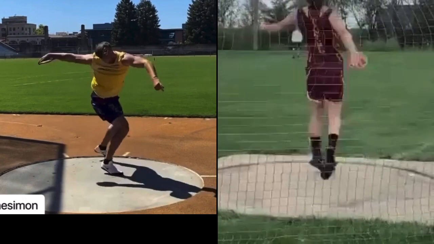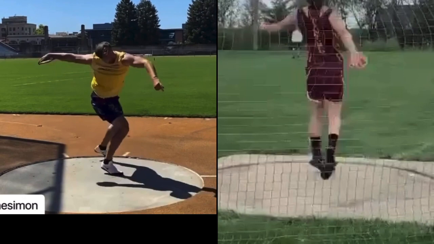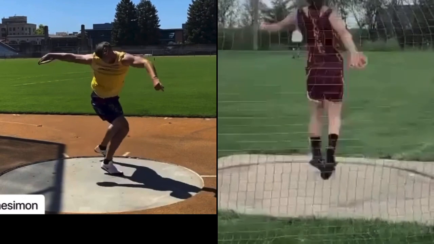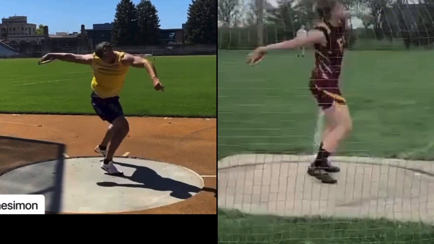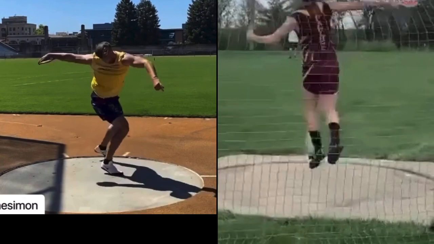Let's see. You know what? I will be damned. That is impressive. It does come off a little early. But Ben, what you're doing here is actually amazing. You're able to turn your hips much better than I would have anticipated. That's your freaking superpower right there, is being able to get those hips pointing into the sector. Amazing job with that. The way you did it was interesting, but you did it.